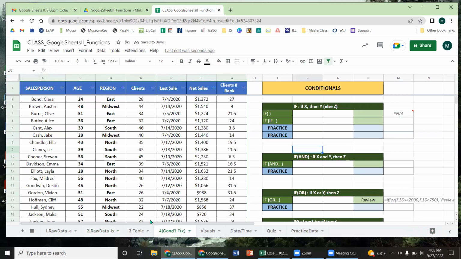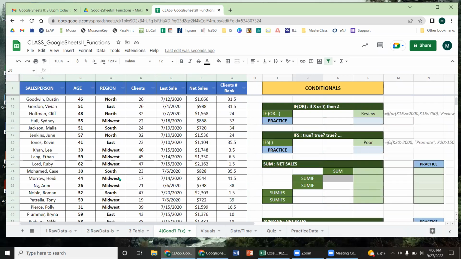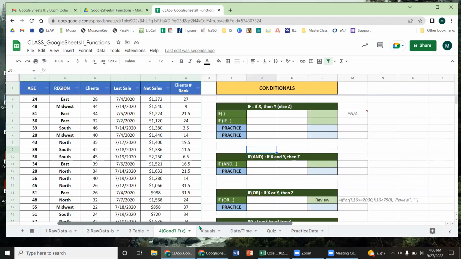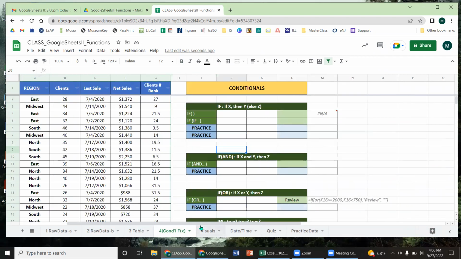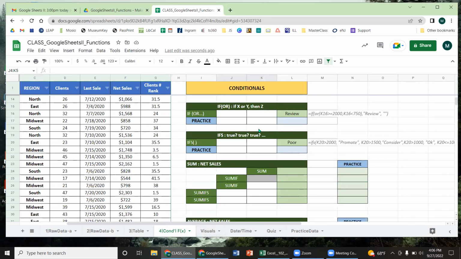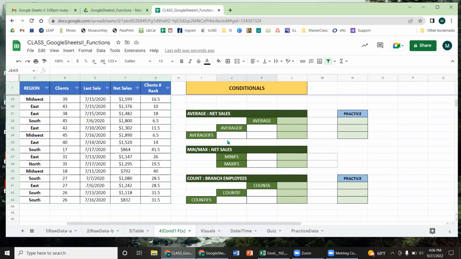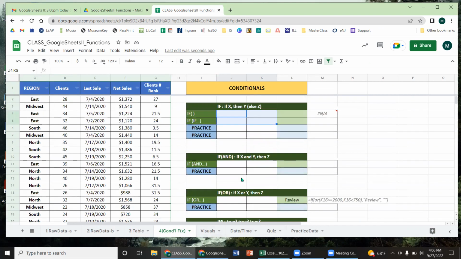Okay. So now we have the full data table on the side, just so we can practice. And on this side, we have a whole bunch of functions from the basics. These ones will be easy. And then we'll get up to SUM, SUMIF, counting, and things like that. And those are the really useful functions. Okay. So let's